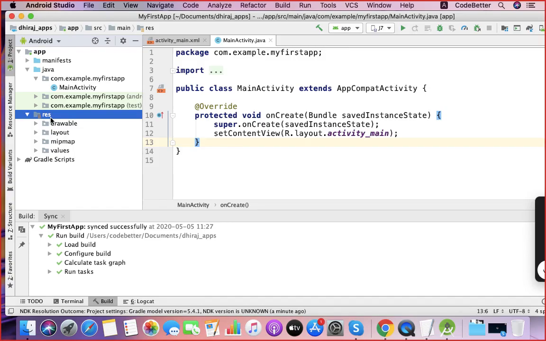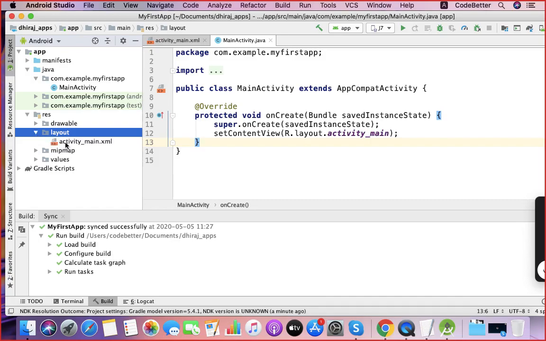Your screen designs are put in the layout folder, which is a subfolder of RES. And you can see one XML file is there. This XML file is nothing but the design of your first screen. If you click on this, you will get the XML code.